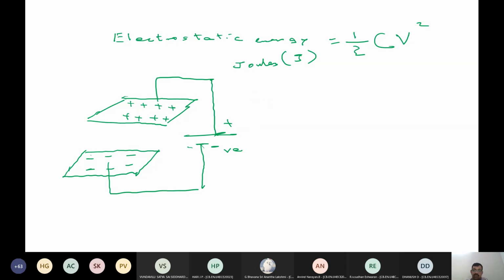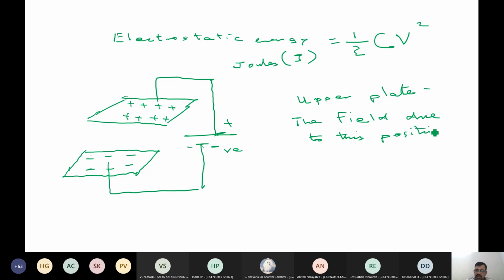And now what I wanted to tell you is, if you take any plate, we will see from electromagnetics the field due to any of these plates. Let us talk about the upper plate. The field due to this positively charged plate can be